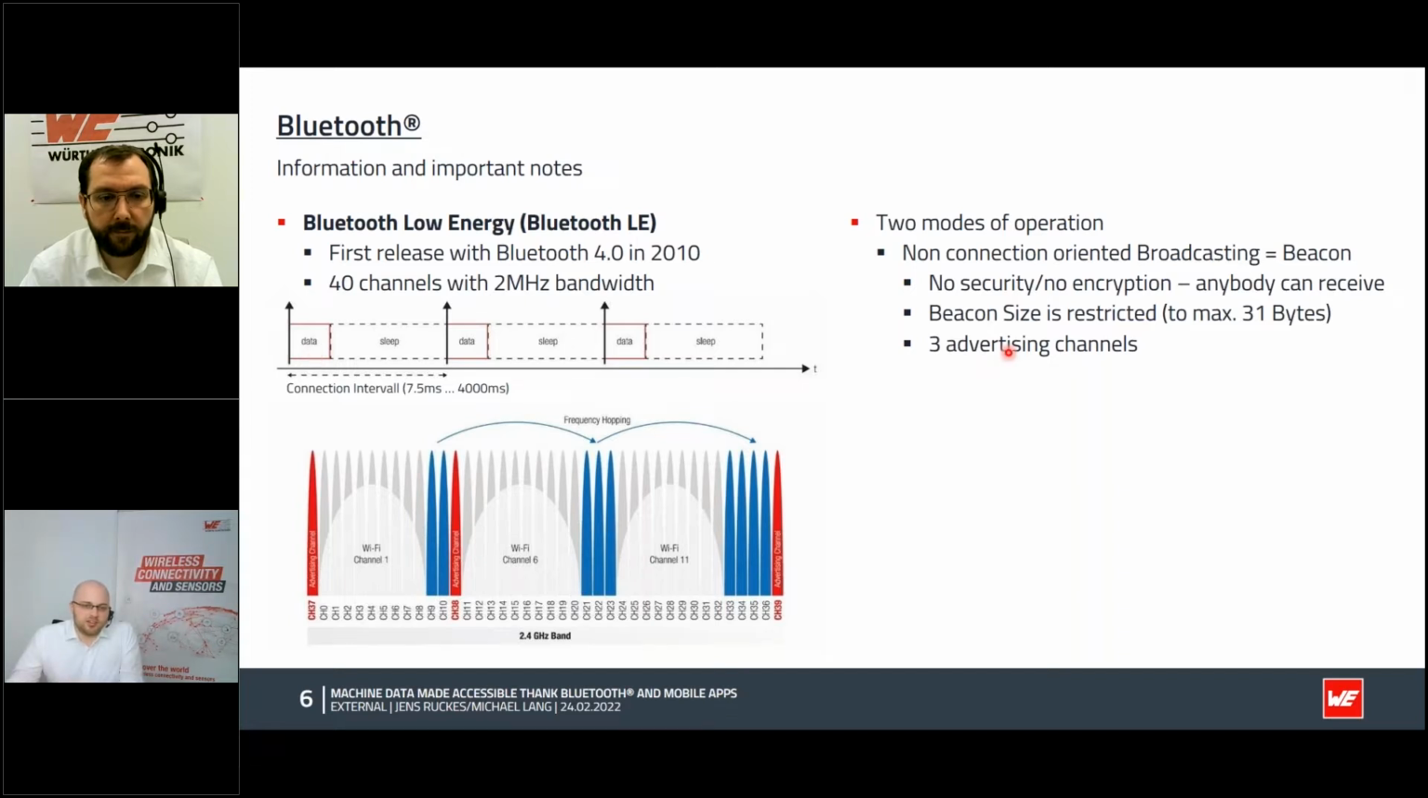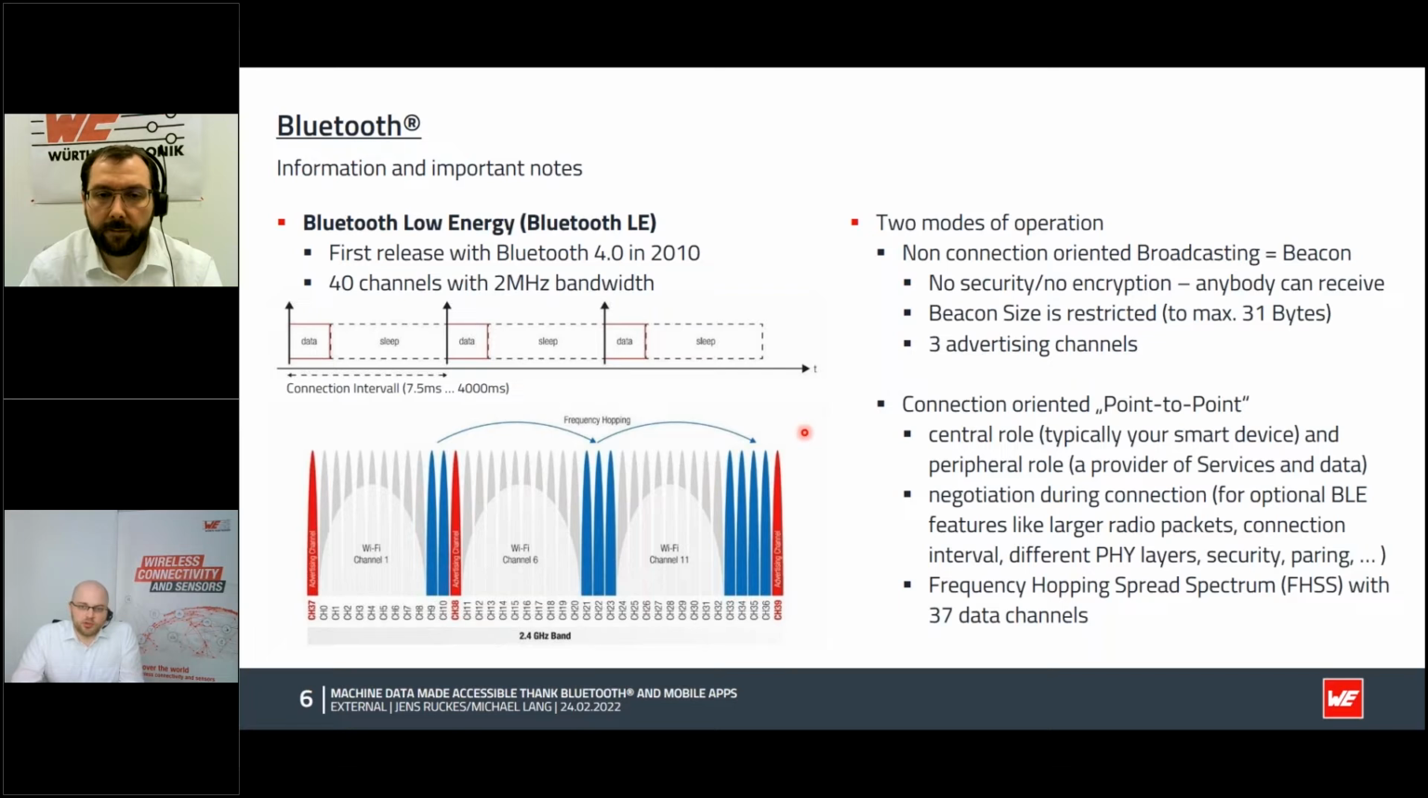used. You see it in this graph on the bottom left side. The red channels are the so-called advertising channels, and there the beaconing works. The other channels are used by the connection-orientated point-to-point communication. There is always a master needed who starts the conversation, and this is called in Bluetooth the